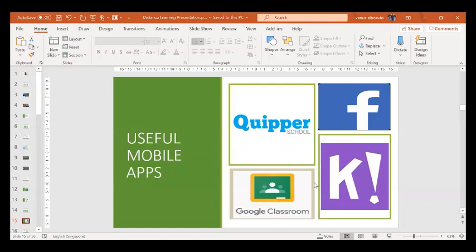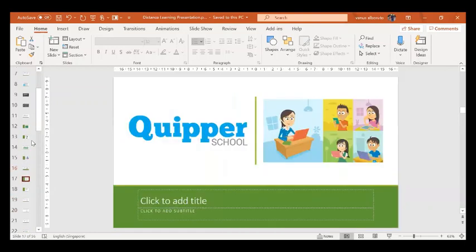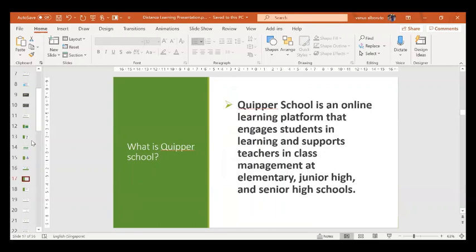Okay. Kuipper School. So, these are some of the apps that I'm introducing. Kuipper School, Google Classroom, Kahoot, and Facebook, of course, no? Ang pinaka-common. So, Kuipper School is an online learning platform that engages students in learning and supports teachers in class